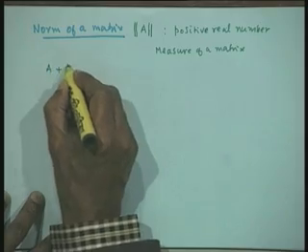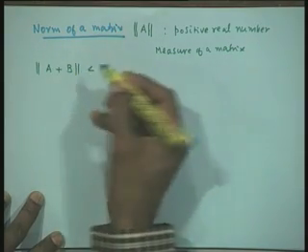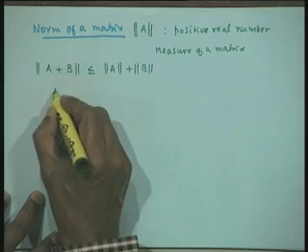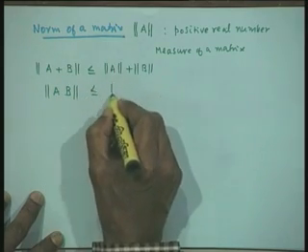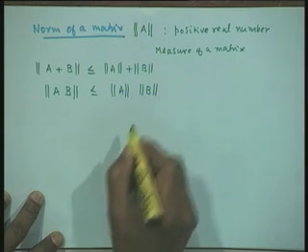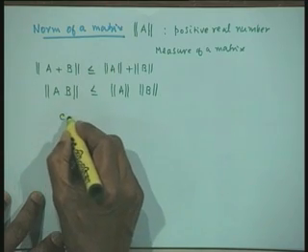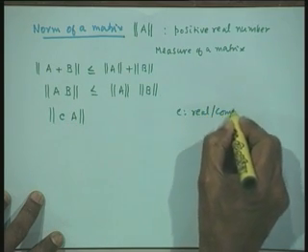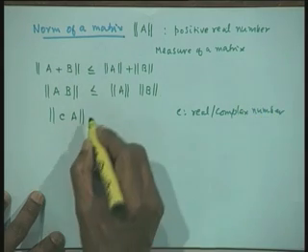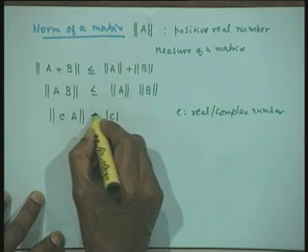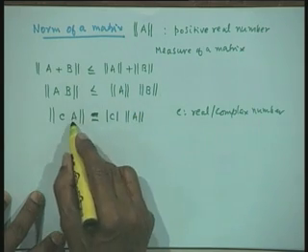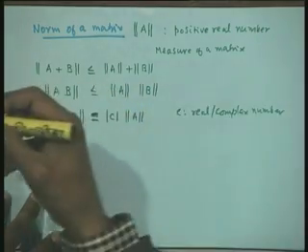Now, if I have two matrices A and B, then the triangular inequality holds here, that is, norm of A plus B is less than or equal to norm of A plus norm of B. And if I take the product of two matrices, norm of A into B is less than or equal to norm of A into norm of B. And if I have a complex number multiplying, say a complex number C into A, where C is a real or a complex number, then the norm will be equal to the magnitude of C into norm of A. This means that if C is a positive or a negative real number or C is complex, then this equality holds.